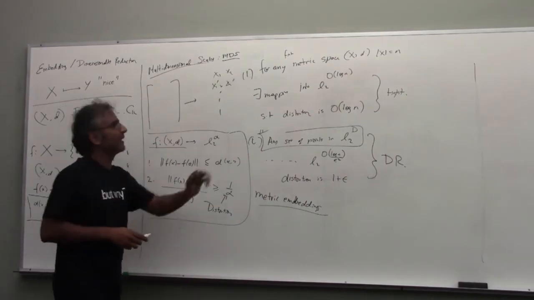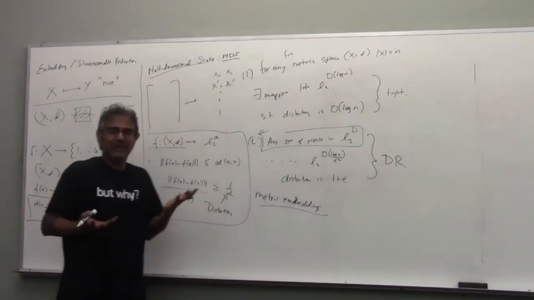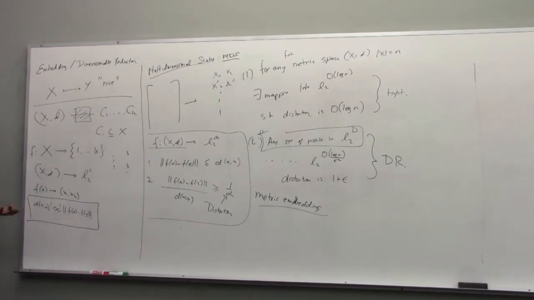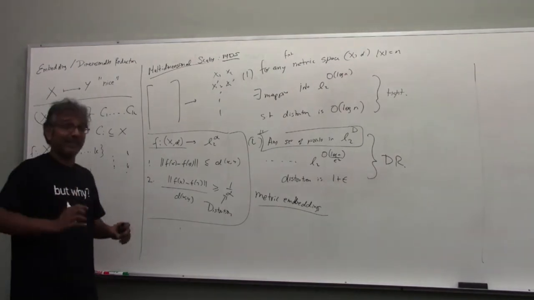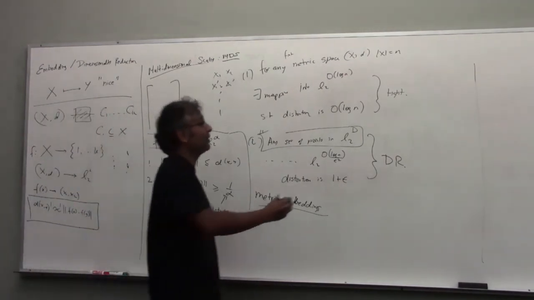And what you do is you say, okay, I have a metric space. All I have are distances. I have very little at my disposal here. I can't do SVD, I can't do projections, I can't measure angles, I can't take directions. But here's what I can do, I can sample. So what you do is,